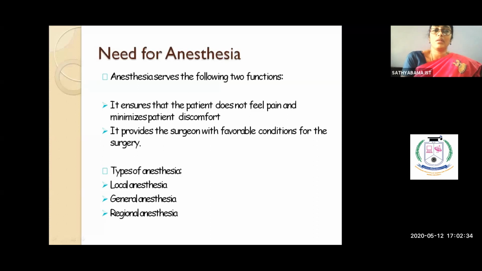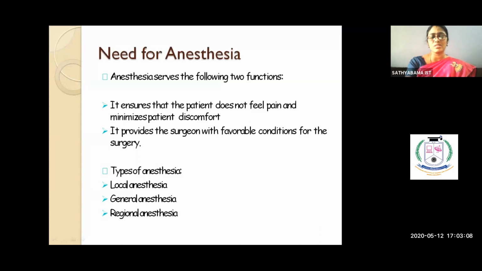So what are the types of anesthesia which are given? We have local anesthesia, general anesthesia and regional anesthesia. General anesthesia is nothing but through inhalation. You send in gases through inhaling, which gives that anesthetic effect to the patients. Local anesthesia is done when you are going for minor surgeries, right? Minor cuts, where you're going to put a stitch somewhere, so you give it at that particular place so that you don't feel the pain.